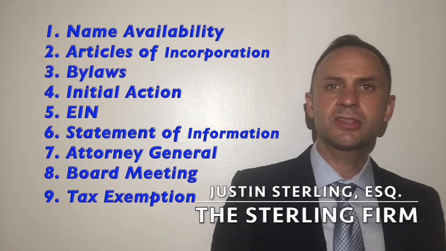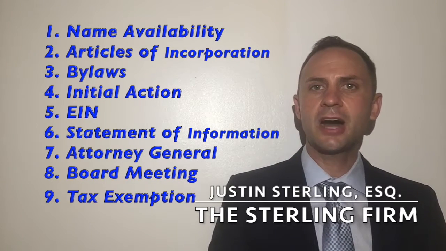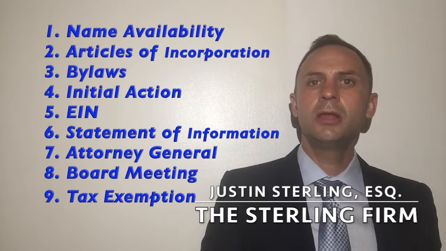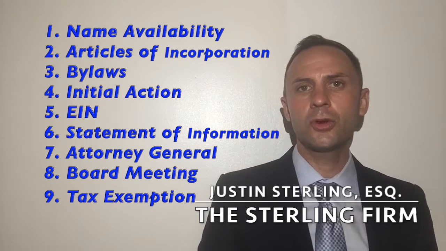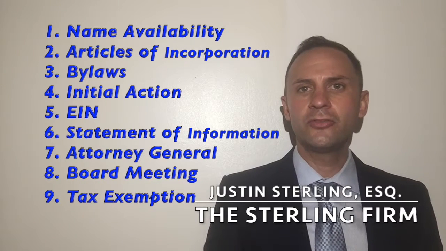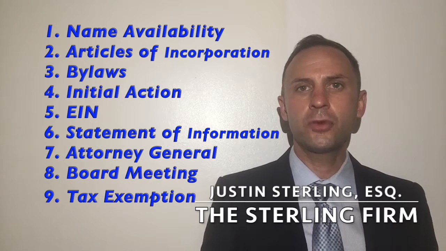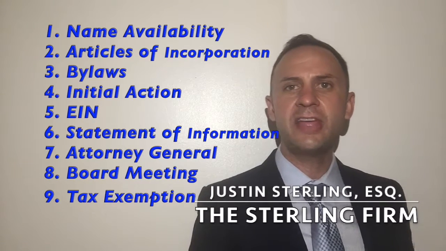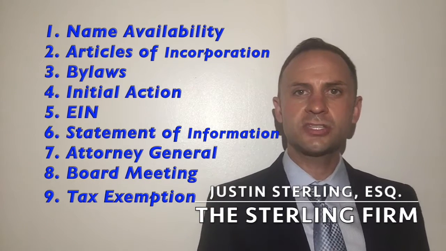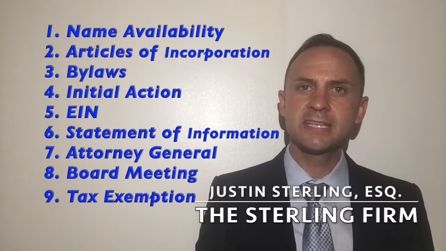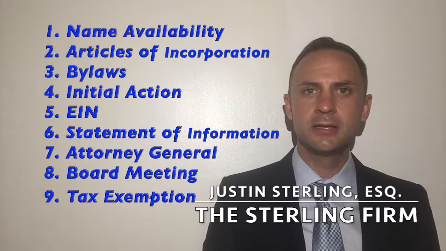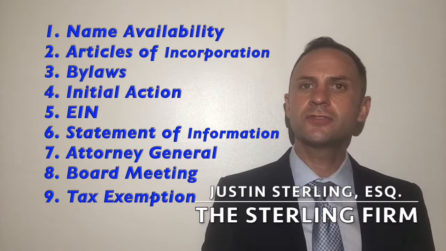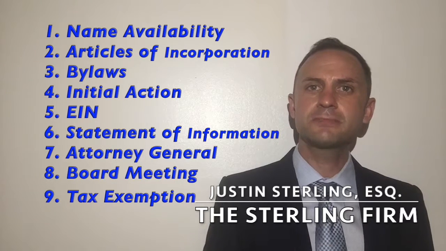7. Register with the Attorney General. This can be up to a $300 annual fee based on gross annual income, which is a sliding scale. It is a $25 initial fee per Form CT-1. The renewal fee is based on a sliding scale per Form RRF-1. Pursuant to California Government Code Section 12585, all charities must register with the Attorney General within 30 days after receiving their first assets. The articles and the bylaws must be filed with the Attorney General's Registry of Charitable Trusts. The registration must be renewed every year.